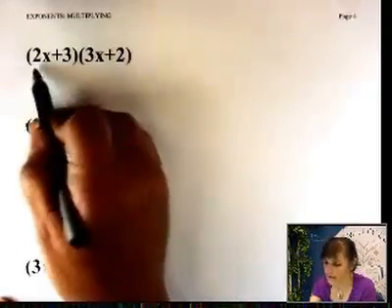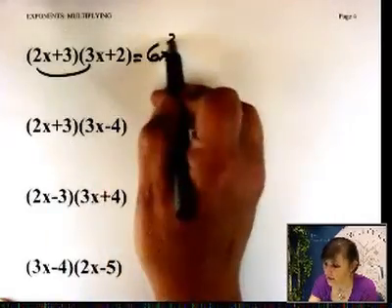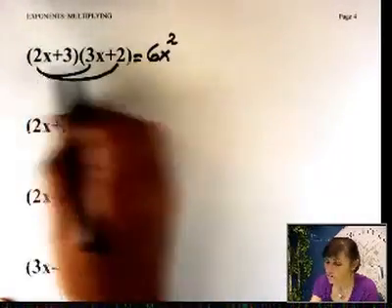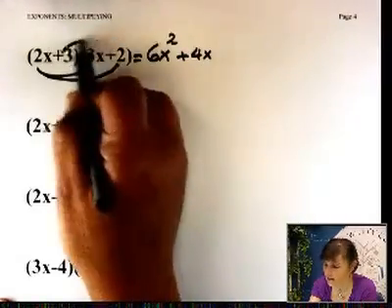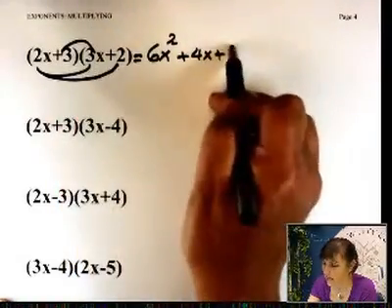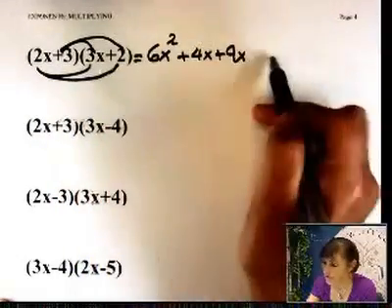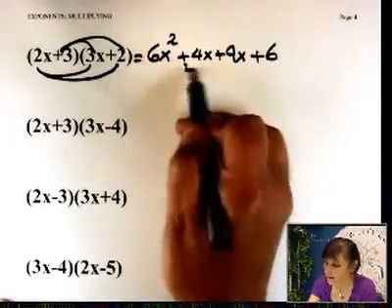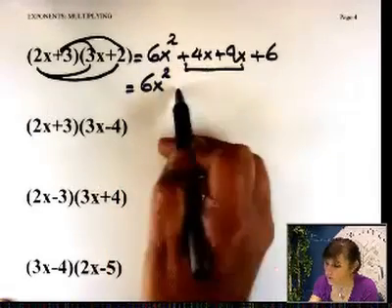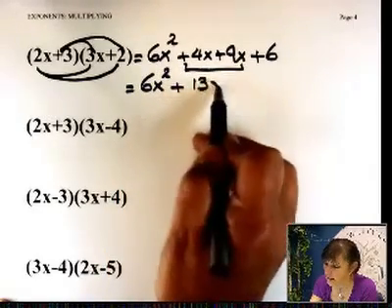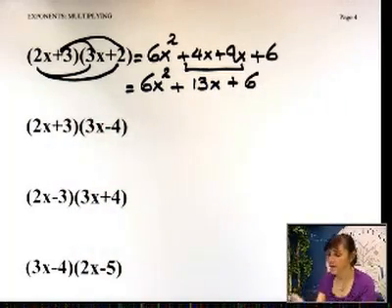Here you go. Let's do it faster. 2 times 3, that's 6. X times x is x squared. Outer. 2 times 2 is 4. And now you have an x extra. 3 times 3 is 9. And you have an x extra. 3 times 2, that's 6. Combine the middle terms. 6x squared. 4 plus 9, that's 13, plus 6. The next one,